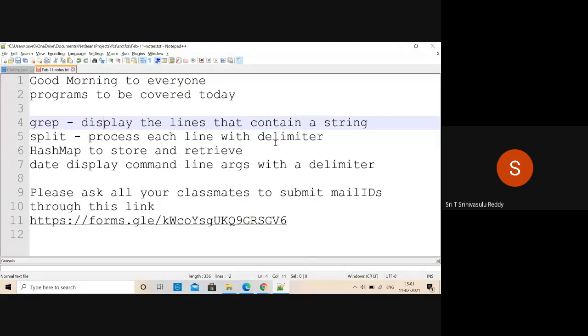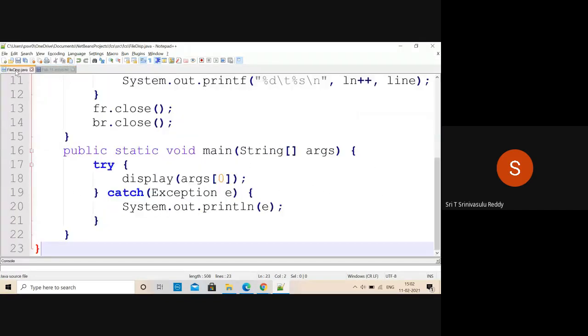Sometimes you want to search for the same word or string in multiple files. So you specify what you want to search and then file name 1, file name 2, file name 3. Then it should display, in all those files, wherever the corresponding thing exists. Let us look into that particular aspect. It is a simple concept again.